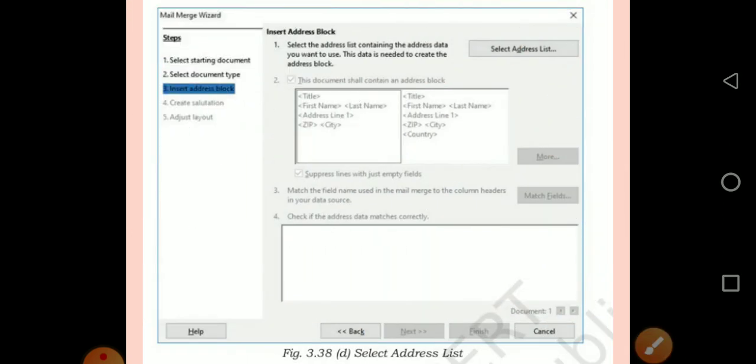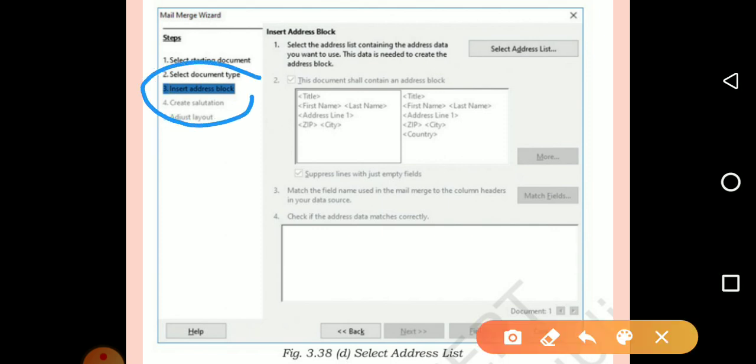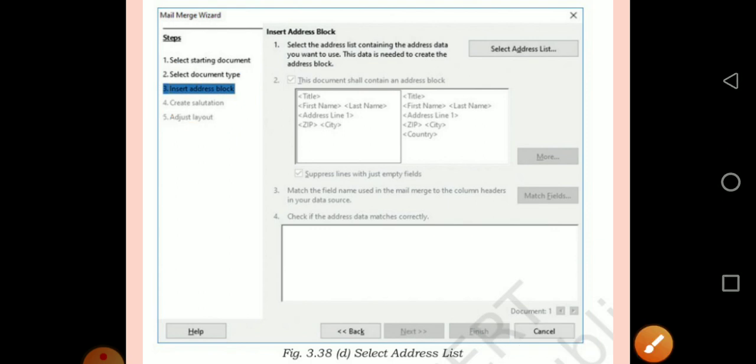When you click on the next button, you will go on to the next step called insert address block. Click on the insert address block, you will get the insert address block panel, from where you will select the address list containing the address data you want.